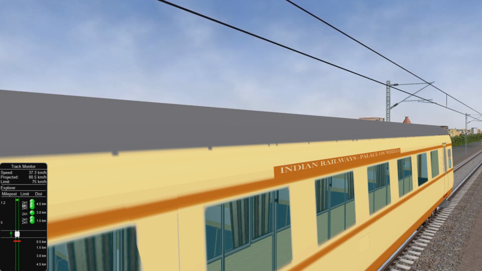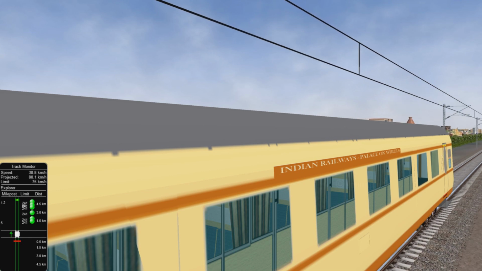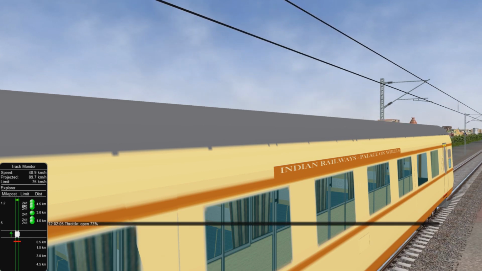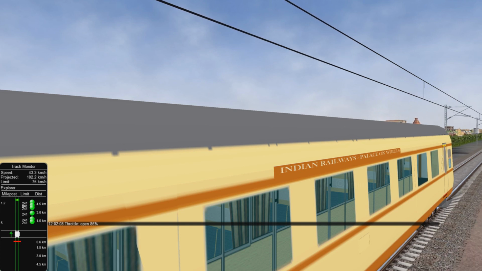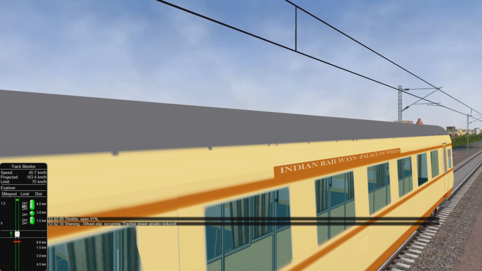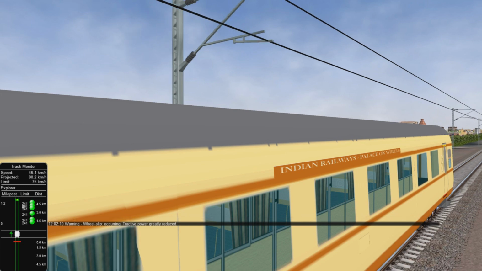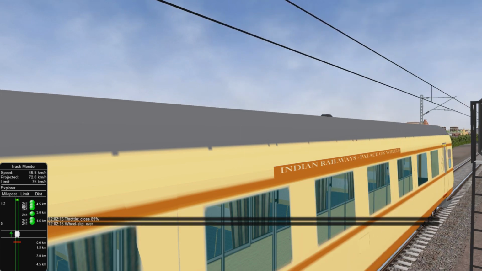I'm pretty sure you all heard it, and it sounds pretty bad, isn't it? The sounds are not great, and we are supposed to modify it now, and we'll be using an ICF sound since the Palace on Wheels is based on ICF platform. Go to Train Sim again,